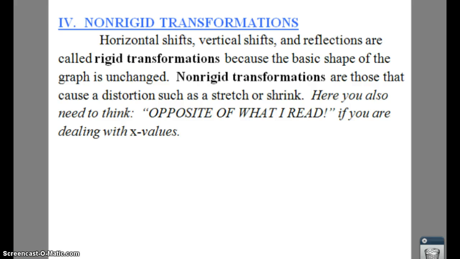Well, a rigid transformation is what we've learned about already. Those are your horizontal shifts, your vertical shifts, and your reflections. And that's because your shape goes unchanged. So whenever you have a rigid transformation, that is when your graph is unchanged. If you have a non-rigid transformation, well, that is where you have a distortion, what we call a stretch or